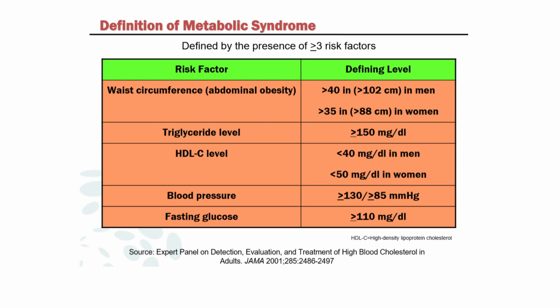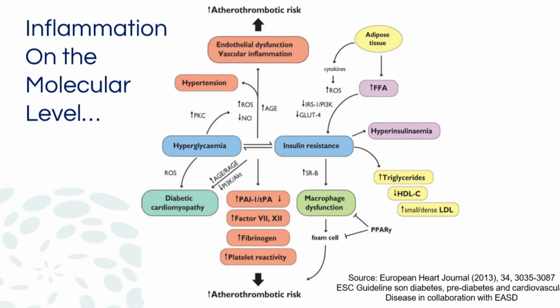And if you have 3 of these, or your patient has 3 of these or more, then you now officially have the metabolic syndrome or metabolic syndrome X. So most of the patients that you see that have coronary artery disease are going to be patients that are considered metabolic syndrome X. This just goes to show you that really you can't separate